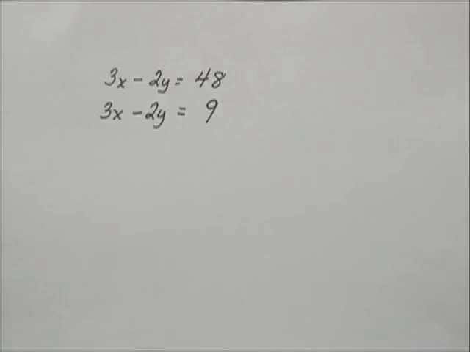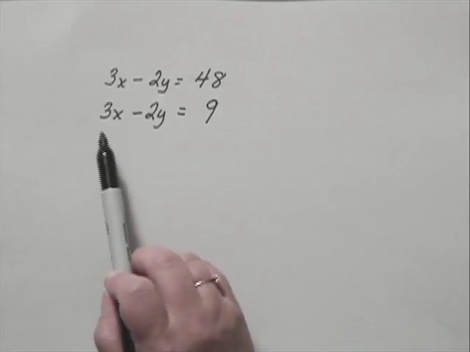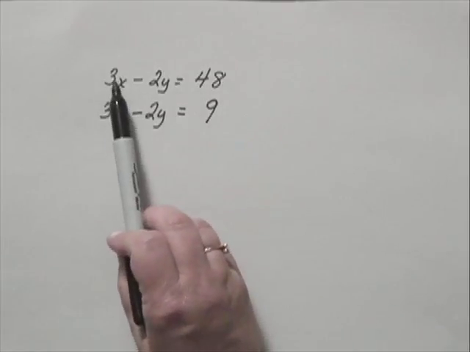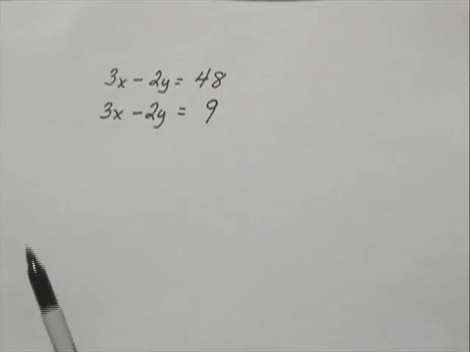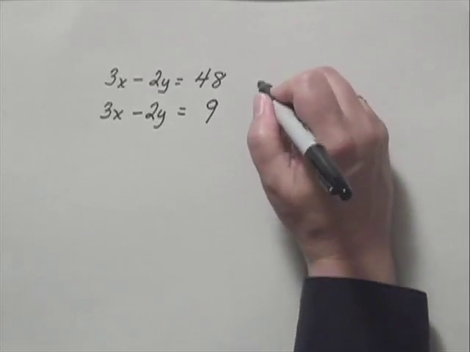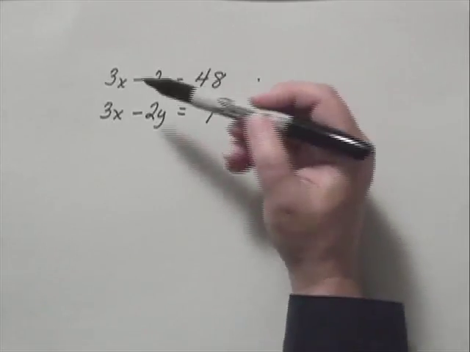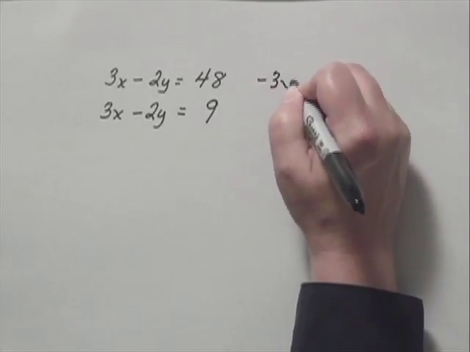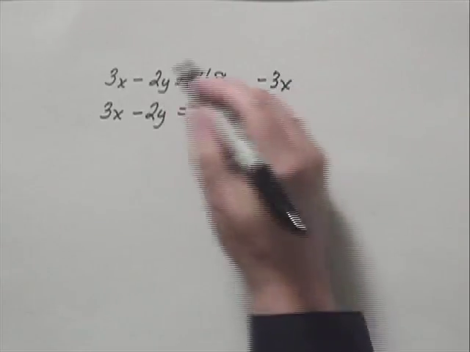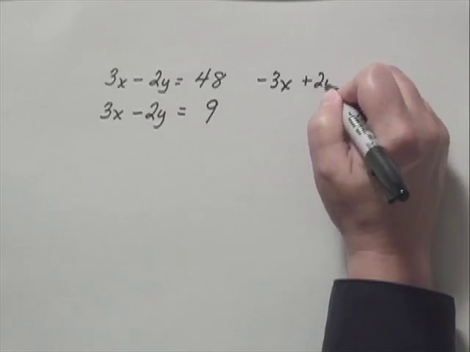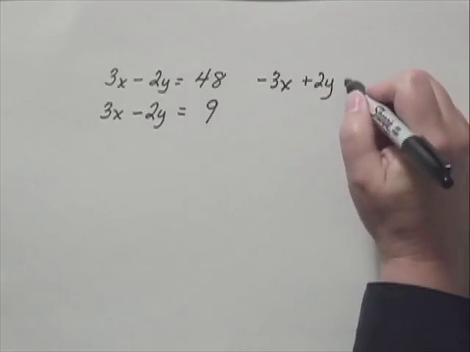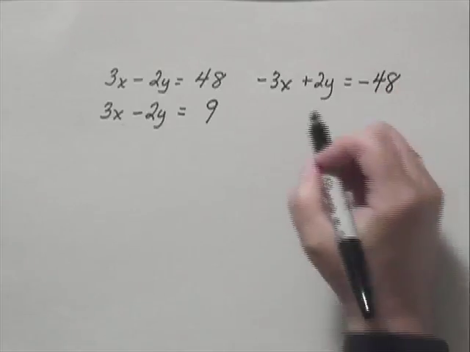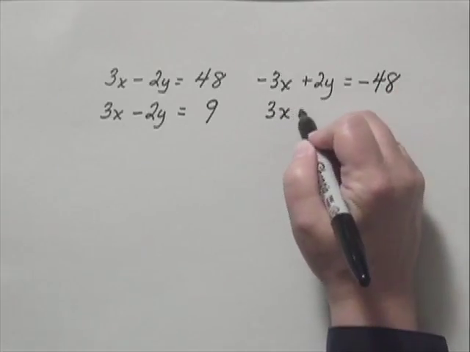To solve this using elimination, I'm going to multiply equation 1 by -1 so that I have opposite coefficients of my x terms, and then add. So multiplying by -1 would be -1 times 3x, -3x. -1 multiplied by this term will give me plus 2y. Multiplying this by -1 gives me minus -48. And then I copy this second equation